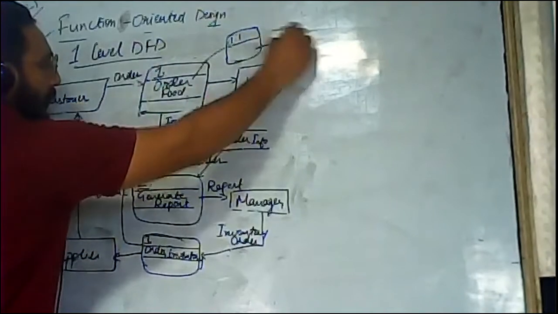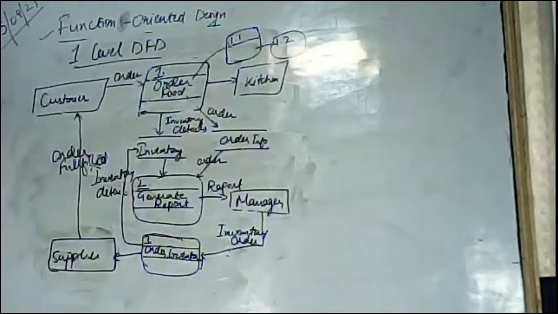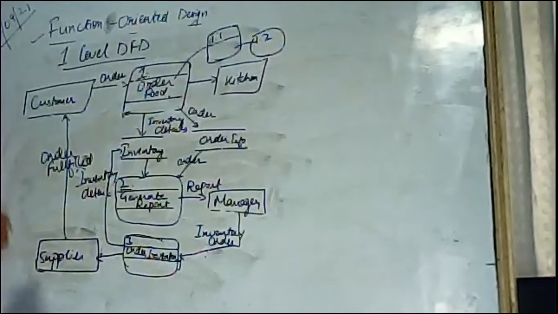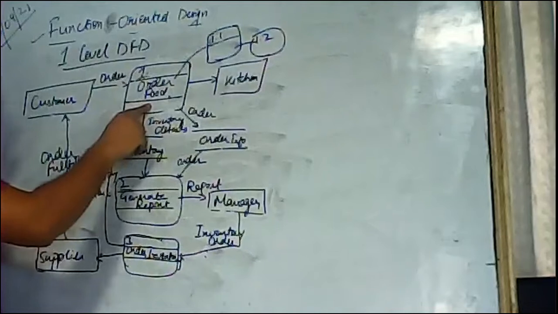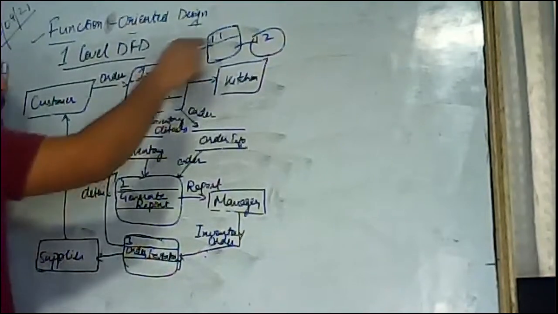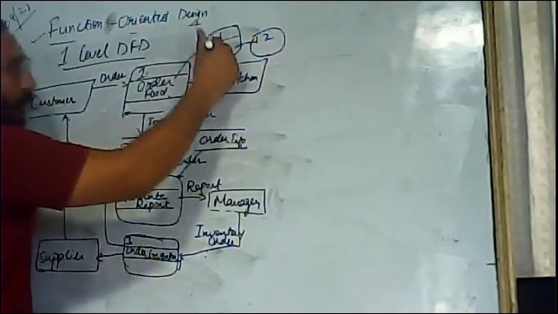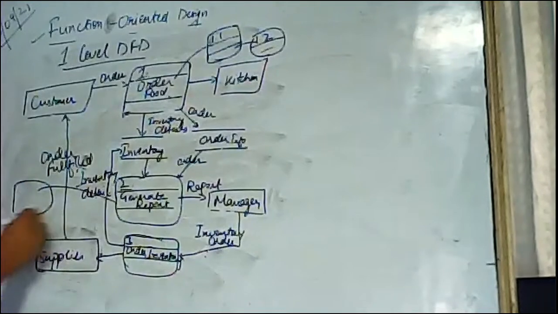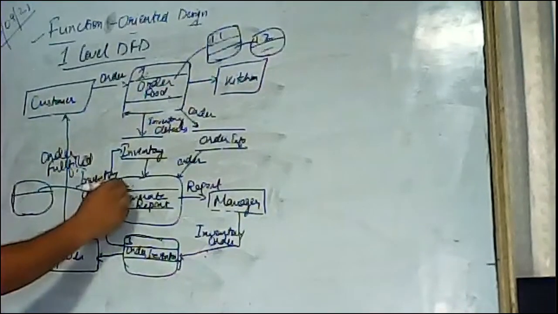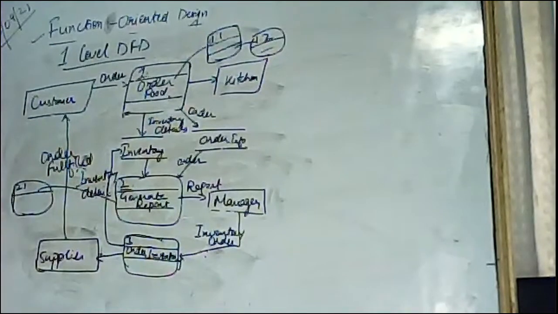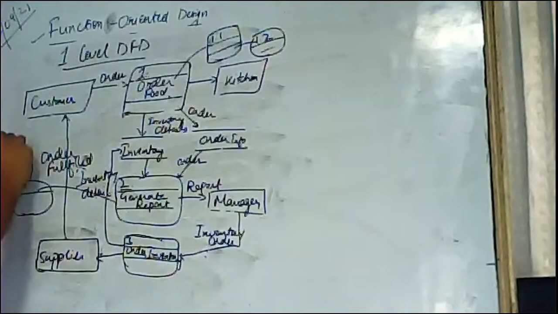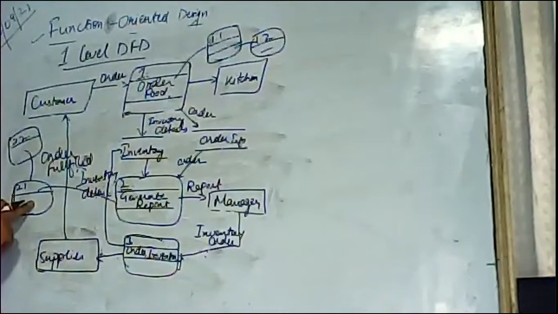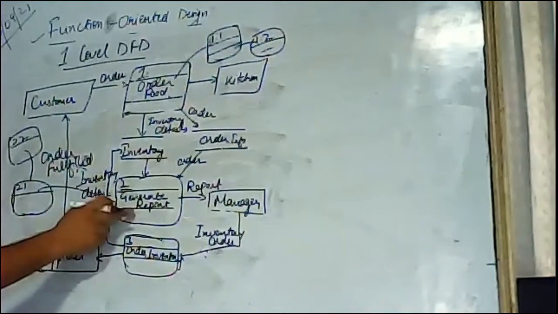And the next process is 1.2. We have to index each and every step, and each process too. If there is a sub process under your main process, then we will have to index and label them. If this generate report has any sub process, we will draw that process and label it. If it is 2, then this is 2.1. If there is another, we will draw that process and label it 2.2. These processes are the sub processes under this one.